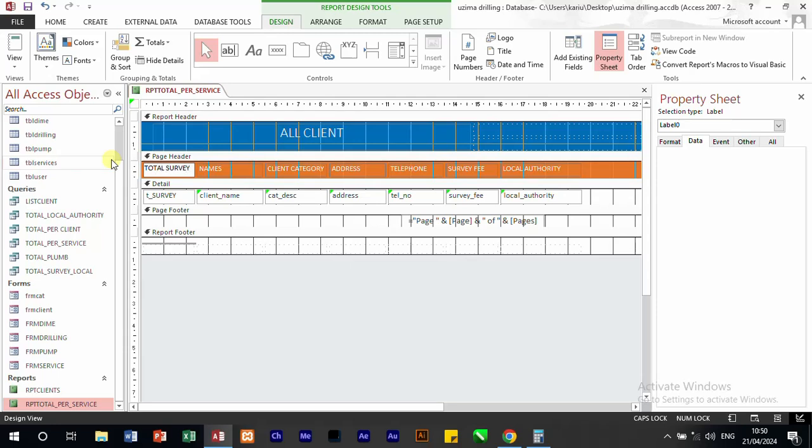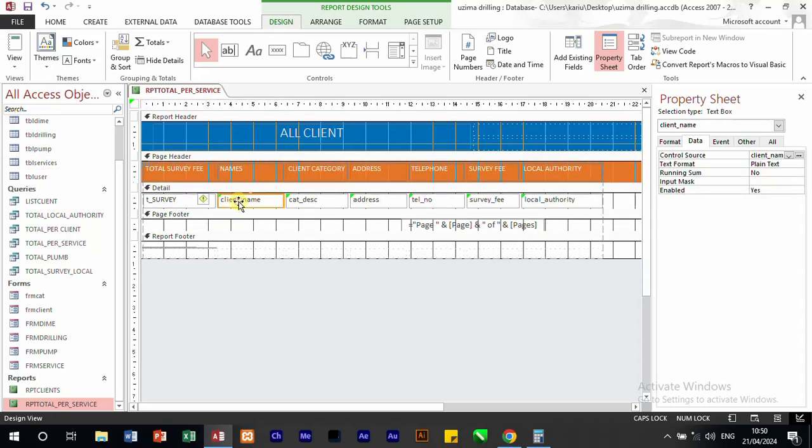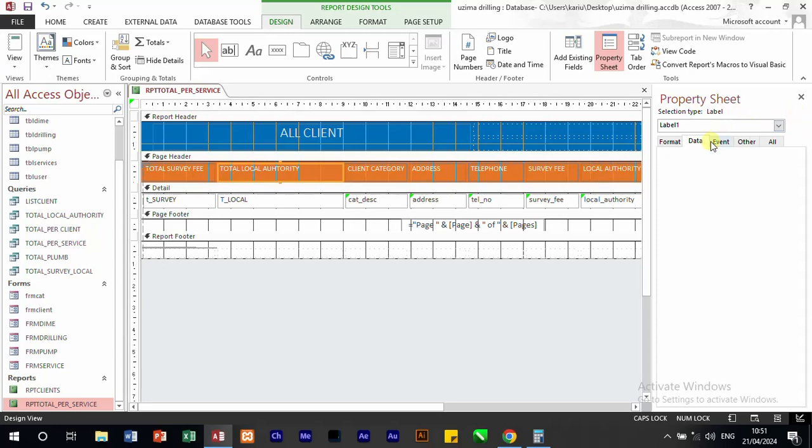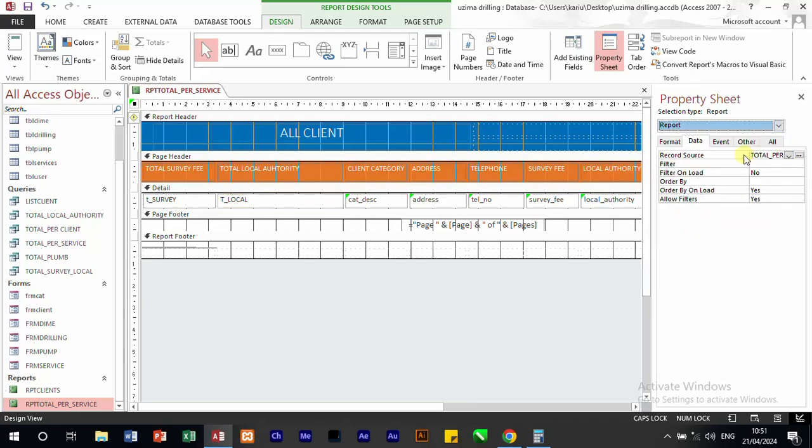So you're going to come here and create a query, and then we are going to take the table client because that's where you're saving for this one. Then you're going to take this one and this one. You're going to find the sum for both. This one is sum, this one is sum. We can run this one and see what will happen. Then you can come here and change this one to total for survey,